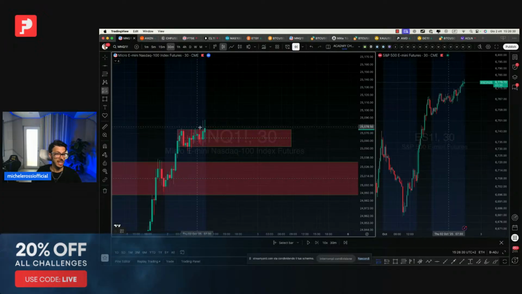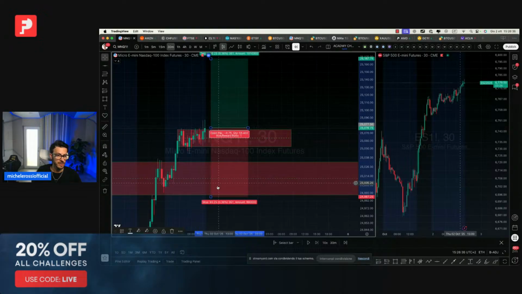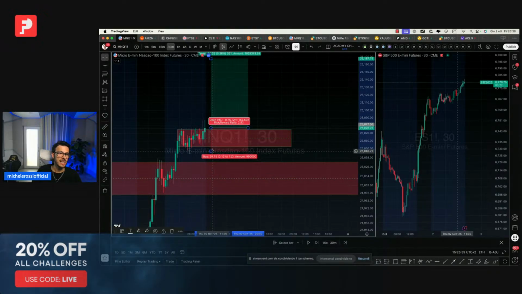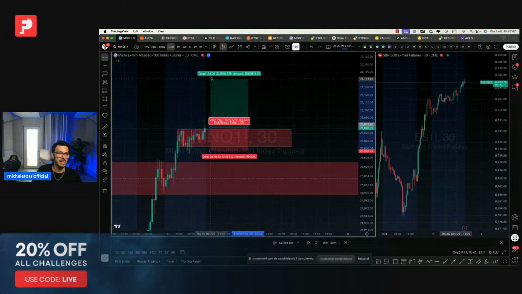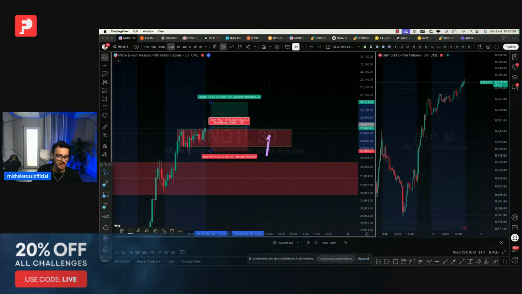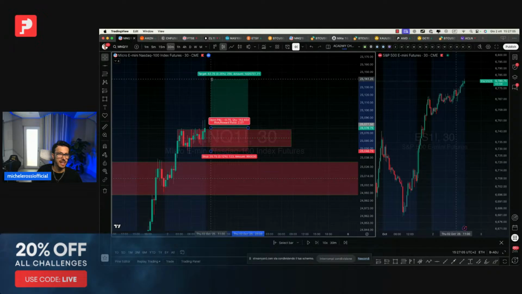Then I can chart, mark up my technicals, and say, if we have, let's say, news that is good news for the Nasdaq, I'm going to go long. I'm going to enter here and put my take profit, let's say, right here. I can use a round number. I can use a risk-reward of minimum 1-to-1. I never ever risk more than 1%. Or if I target 1 to 2 risk-reward, I'm going to risk 1, look for 2, and then I take a partial